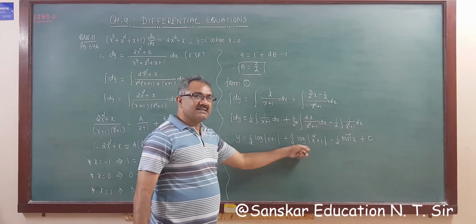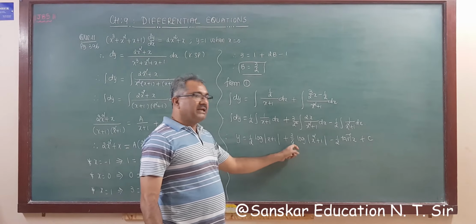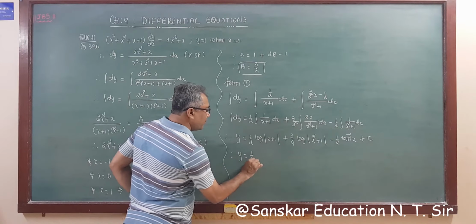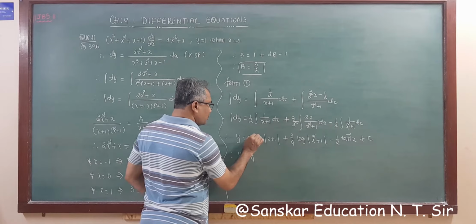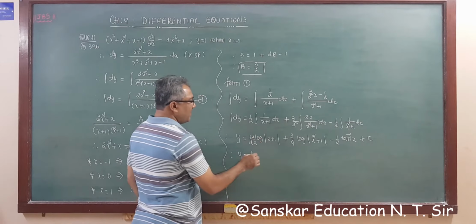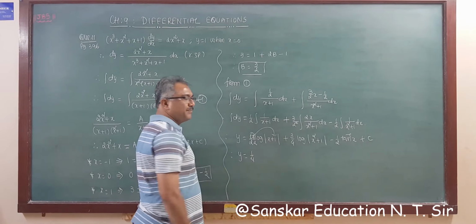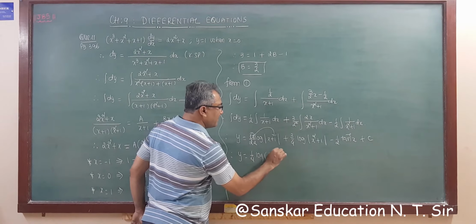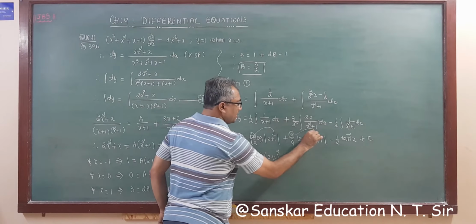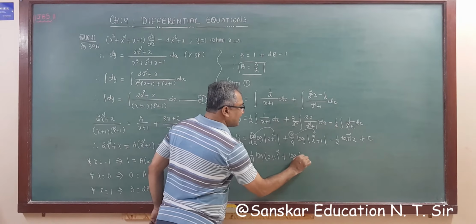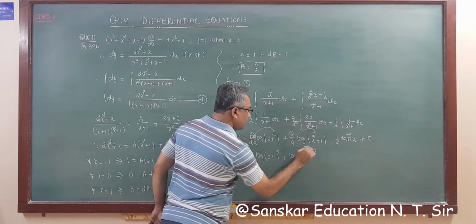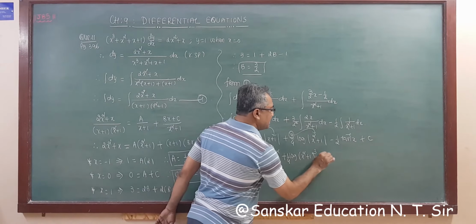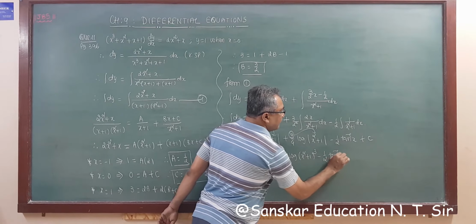Now here both have 1 upon log, here is 1 upon 4, so divide and multiply by 2, we get y is equal to 1 upon 4, and if we multiply by 2 and divide by 2, then this 2 comes here as a power, so this becomes log (x plus 1) whole square. Similarly this 3 comes here, so this becomes log (x square plus 1) whole cube. 1 upon 4 I missed out, so remaining is 1 upon 4 minus 1 upon 2 tan inverse x plus